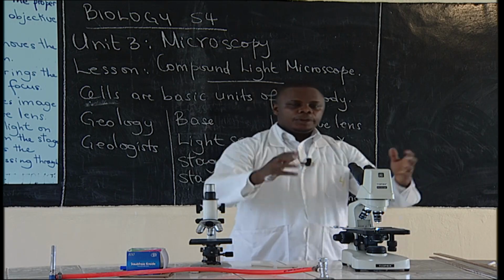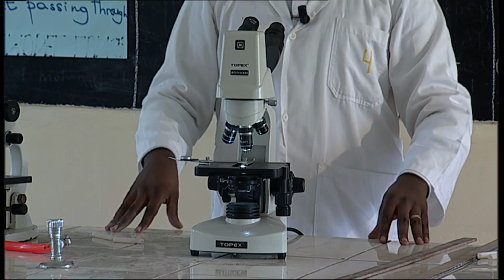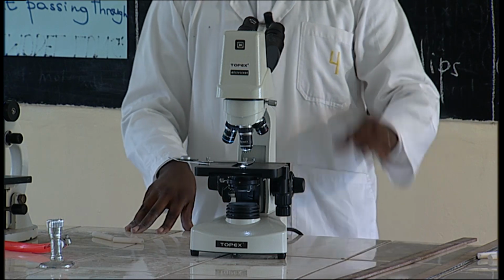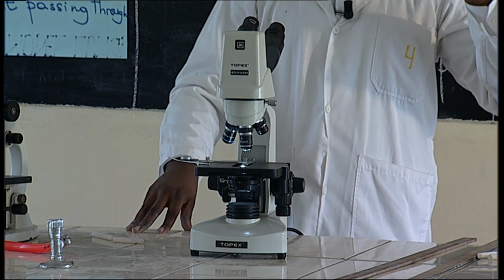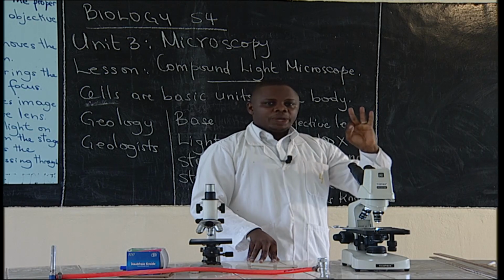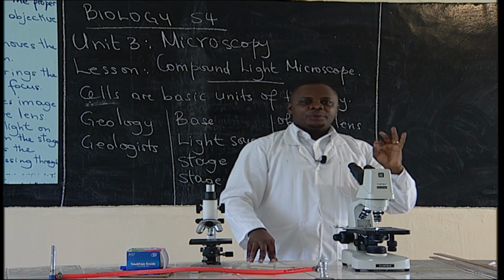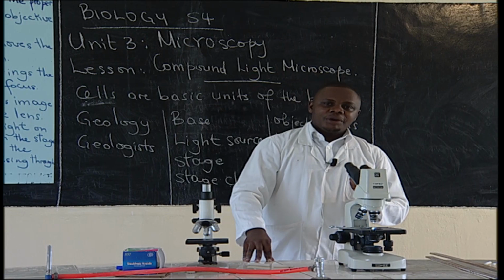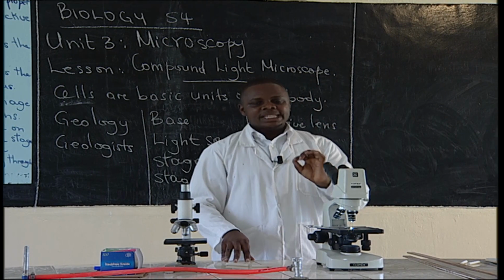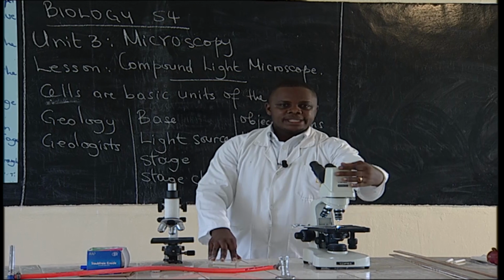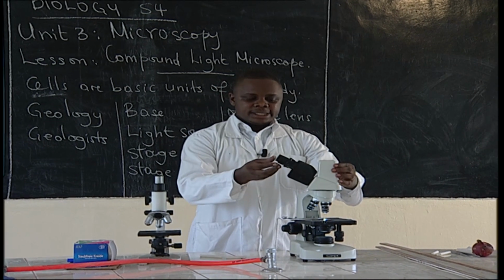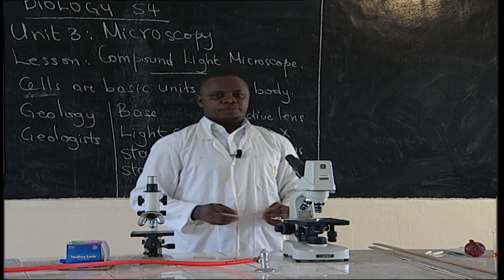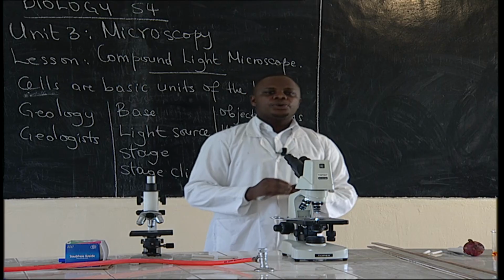Now that we have finished observing the main parts of our microscope, where we have seen the base, we have seen the light source, we have seen the stage, we have seen the stage clips, we have seen the coarse focus knob, we have seen fine focus knob, we have seen the eyepiece lens. We can start using our microscope. Now, when it comes to using the microscope,